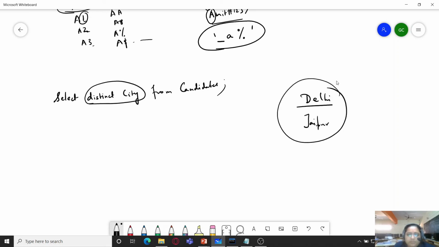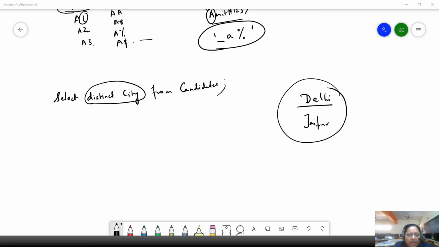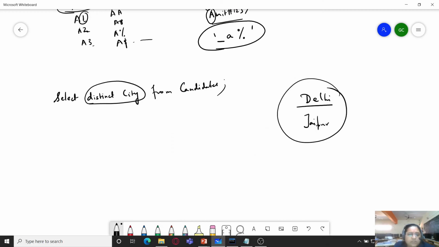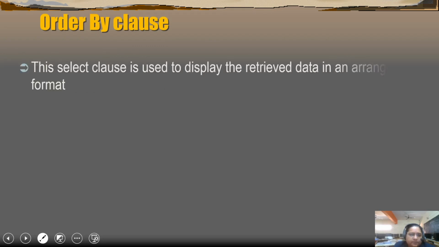So you'll be able to see all the cities at once. Like select distinct job from emp. This distinct keyword you can use this way also along with parentheses, and you can simply use it along with the space also. Both are correct.